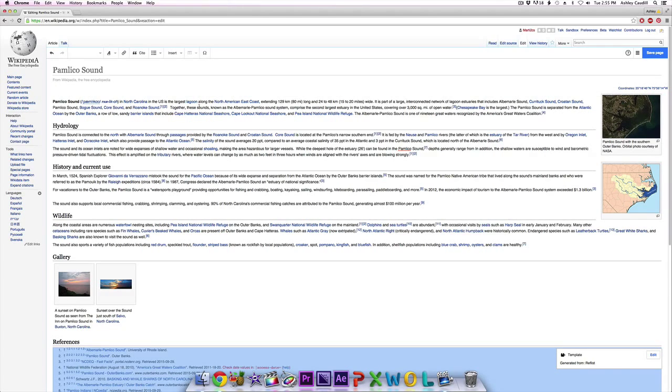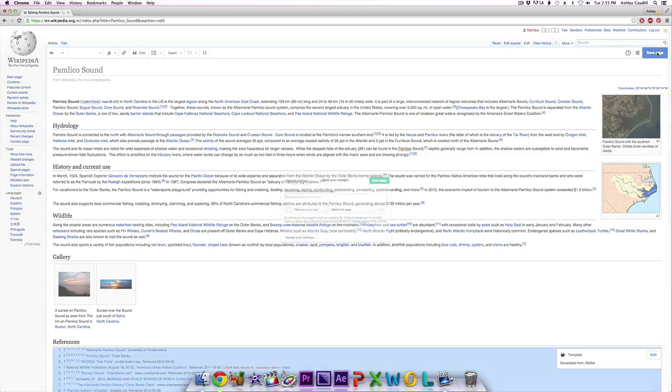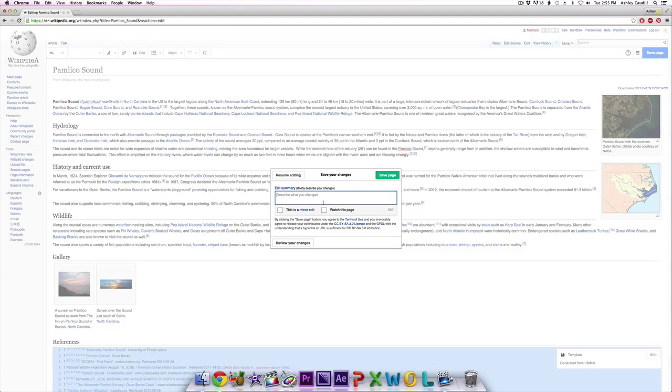Just remember, if you're doing real editing and you want to make sure that your changes are reflected in Wikipedia, you need to come up here in the upper right corner and click Save. And when you do that, it will ask you to briefly summarize what you did. So I did copy edit, and I'm going to say this is a minor edit, and then I'm going to